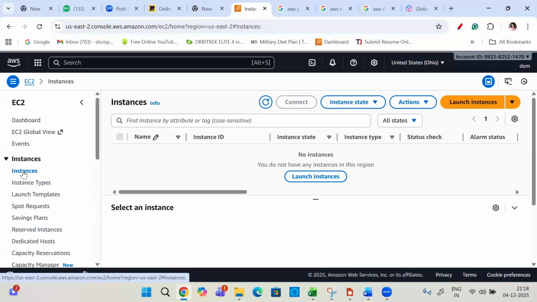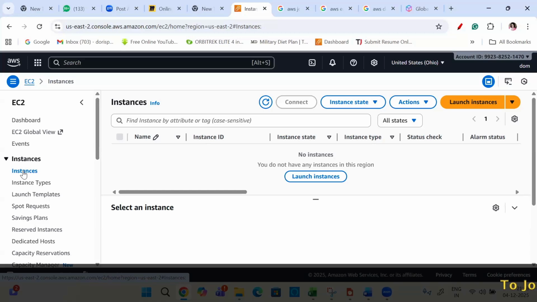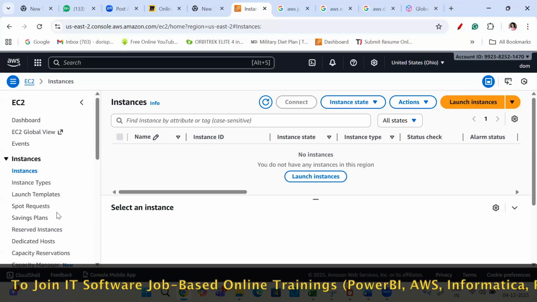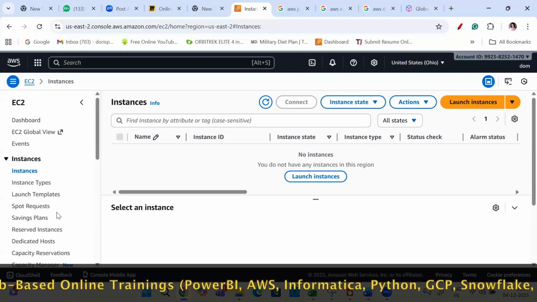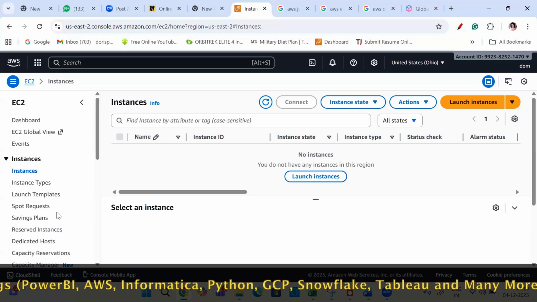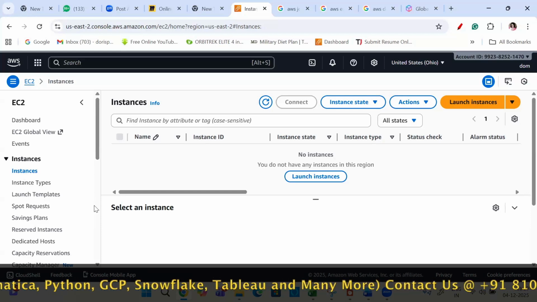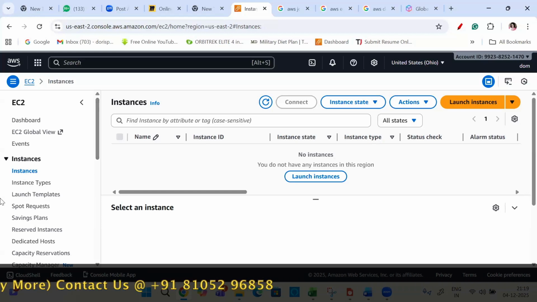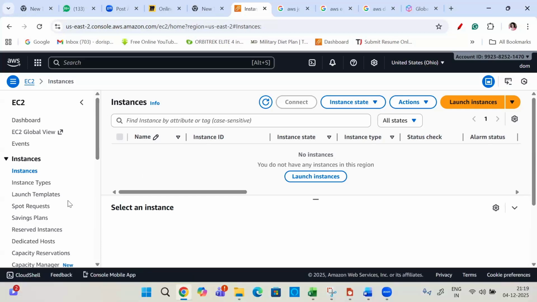Most of the learning will be on your console only. The first session we'll teach you how to create an account. It's a free tier account, and you need a debit or credit card to create it. Once that is done, we'll see how to work on instances and on S3, and how to go about it.